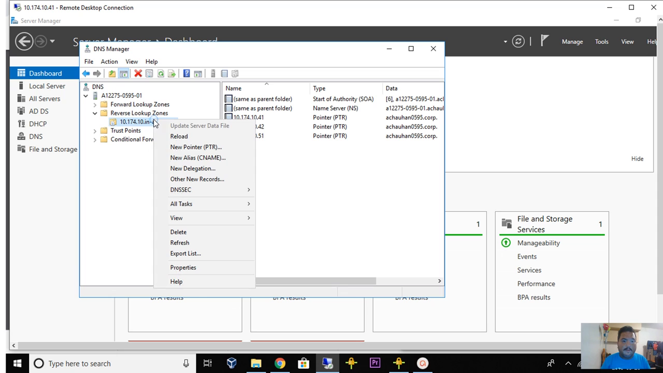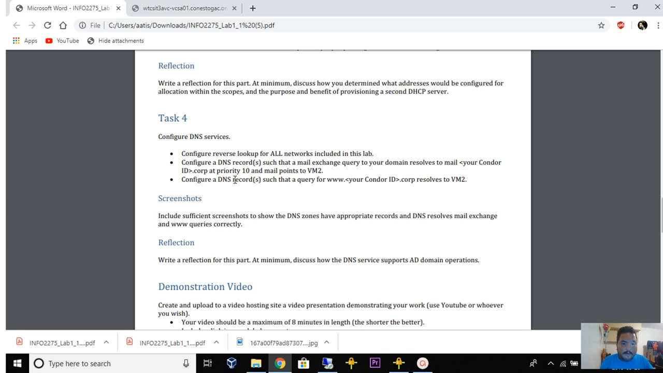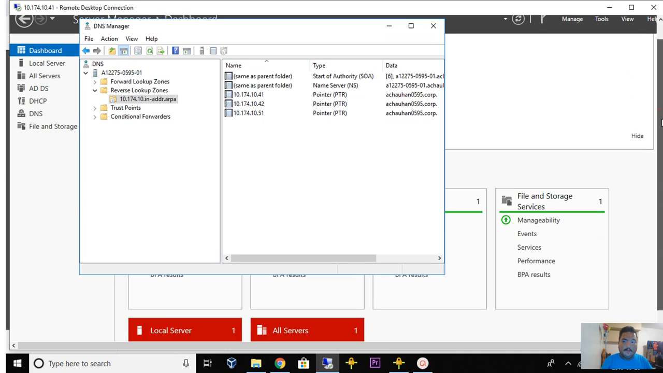and further, the pointers we created. So these were the pointers we created, and you can see the next task: configuring DNS records such as mail exchange, so your domain resolves a mail for your counter ID.com, the priority level should be 10, and it will point to VM2. If you want to see that, we will go to the